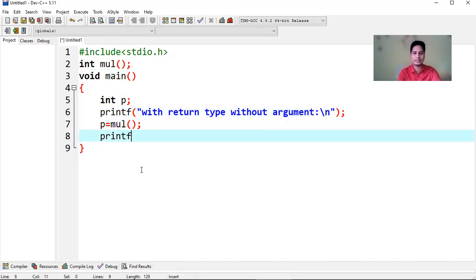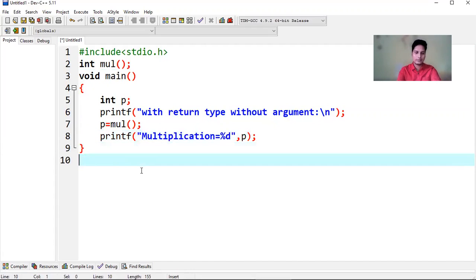Now I'm using the printf function to display the value. Here I'm writing "multiplication equal to %d" comma p semicolon.